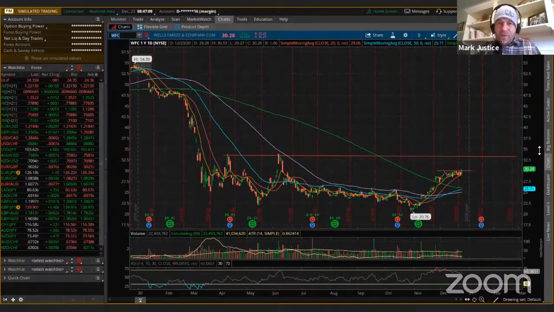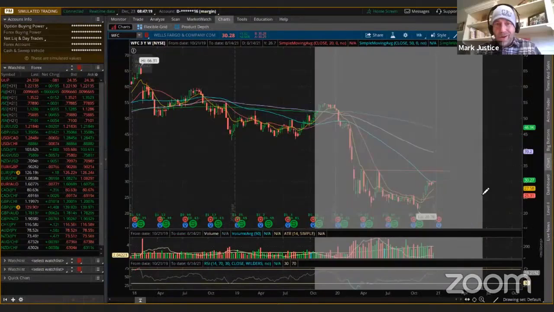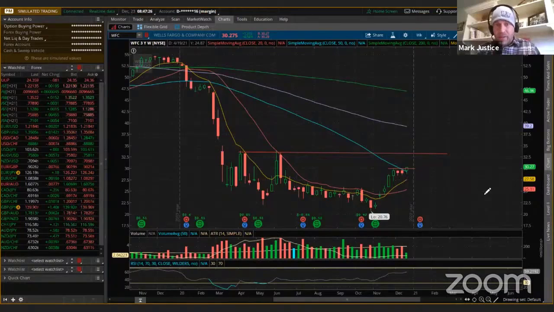For a position trade, for me, it's a little overextended from weekly moving averages. On the plus side, if you pull up a weekly chart, you're going to have a close above the 50 weekly for the first time in a long time. Yeah. And that gives extra credence to a directional trade. It's a little overextended for how I like. I'm really conservative on my entry points,